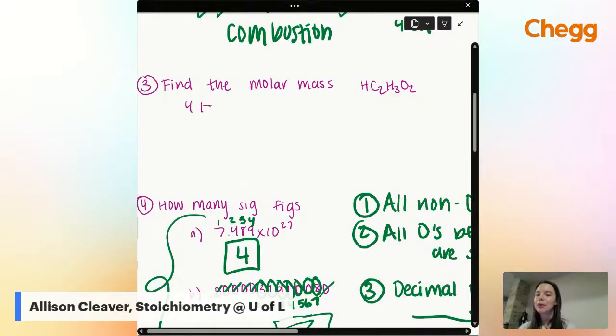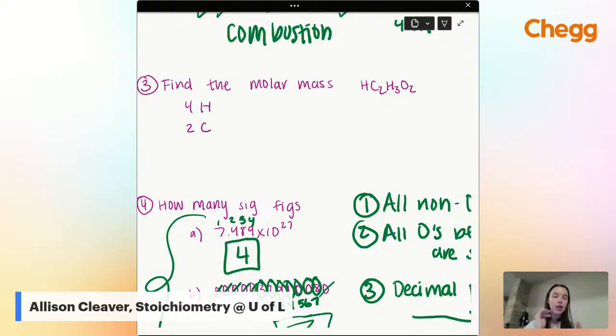All right, I would start by dividing my different elements in the compound. So if you can solve this on your own, keep solving on your own. If you're stuck and need help, look up on the board, and I'm going to start solving. I'm then going to go to the periodic table and find those individual molar masses for each element. So I have 4 hydrogens, and then this is moles. And then my molar mass on the periodic table is grams per mole, 1.01. So I cancel those out. You get 4.04 grams. Then for carbons, I have 2 moles of carbon.